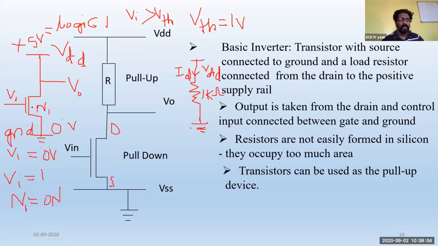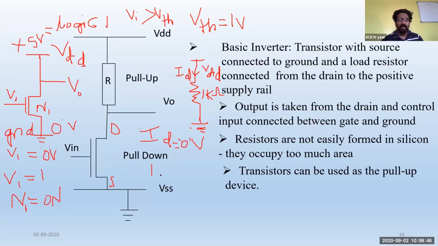Transistor not turned on means there is no channel in order to pass the carriers between the two terminals. Whenever there is no channel, the current which is passing through the resistor will be equal to 0. Whenever the current is equal to 0, it means your transistor, which is acting equivalent to a resistor, will be opposing the huge amount of current flow. That's why this transistor will become an open circuit and it will not be passing any kind of current through that one.